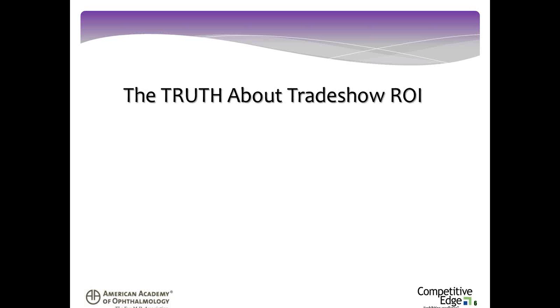What are we getting, right? And there's more pressure to justify the spend nowadays than maybe ever before. So I want to get down to the heart of the matter, the truth, the fact about trade show ROI, and here it is. If your company's ever going to get hard dollar return on investment, I'm talking checks